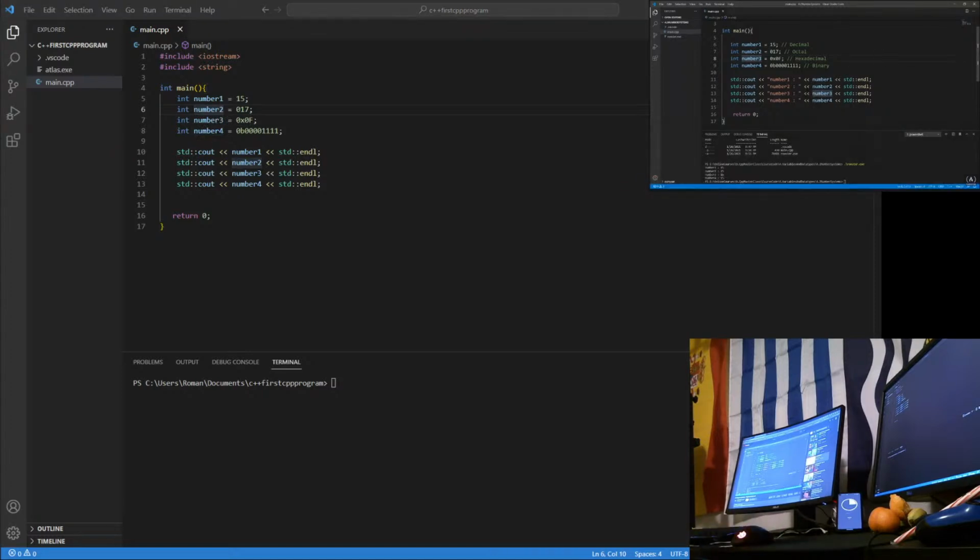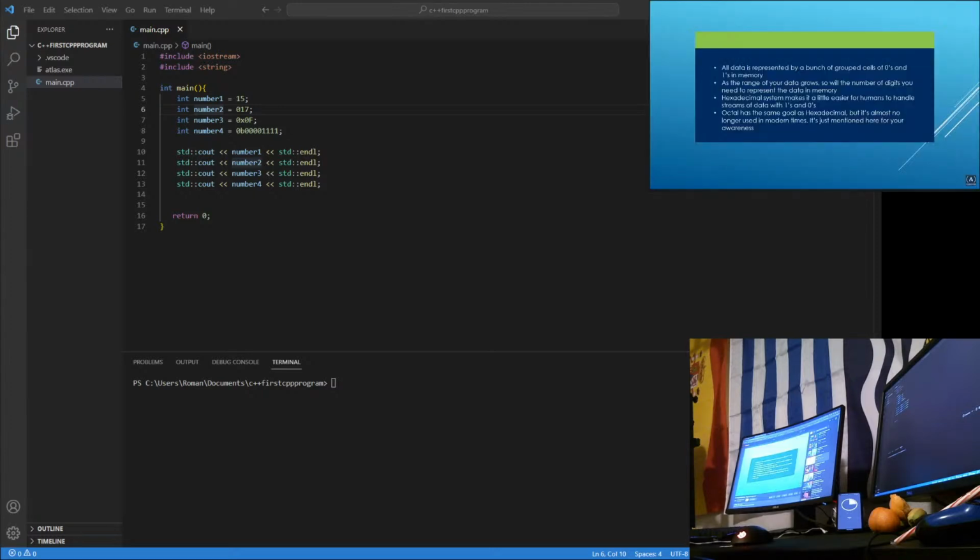I really want you to take some time and let this sink in, because you're going to see these things a lot of times in your career as a software developer. So please do yourself a favor and make sure you really understand this. Okay, this is really all we set out to do in this lecture, trying to make sense of the binary numbers we have in memory and how it